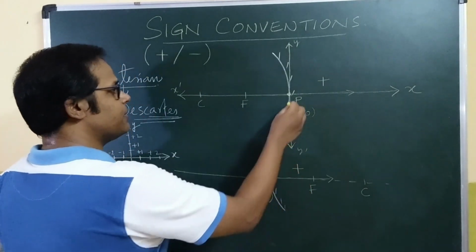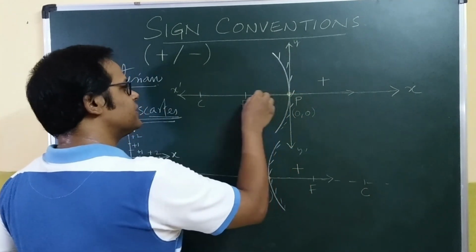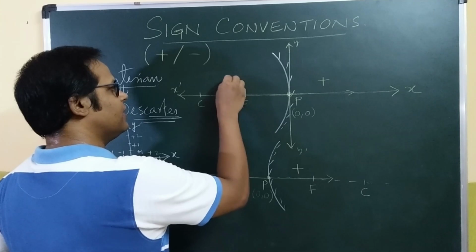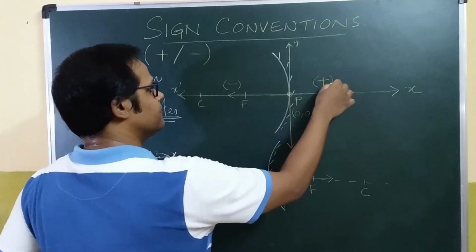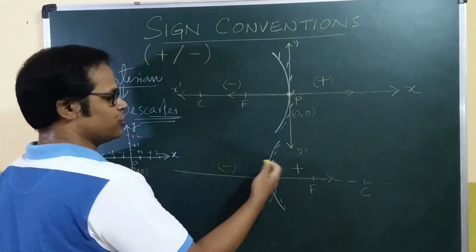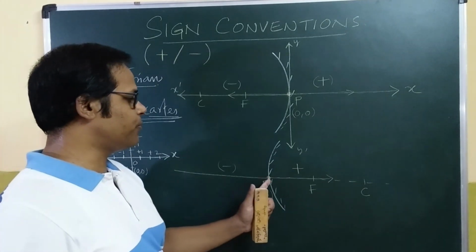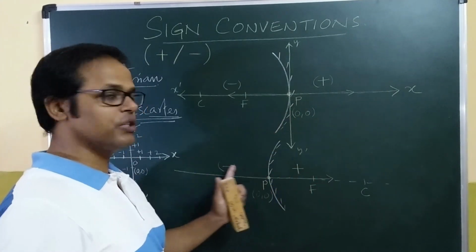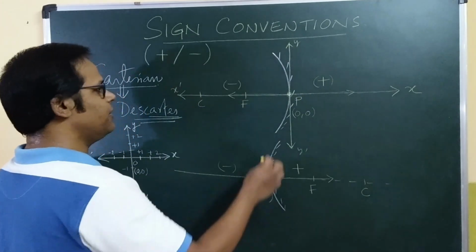Similarly, any measurement done from the pole towards its left side should be given a negative sign. In both the cases, it is true. If you are measuring from pole to the right, plus; pole to the left, minus. Any measurements done